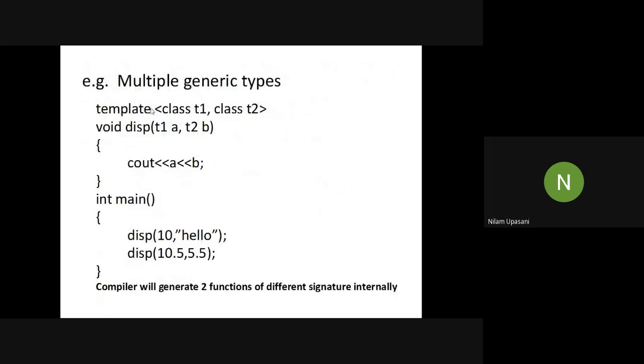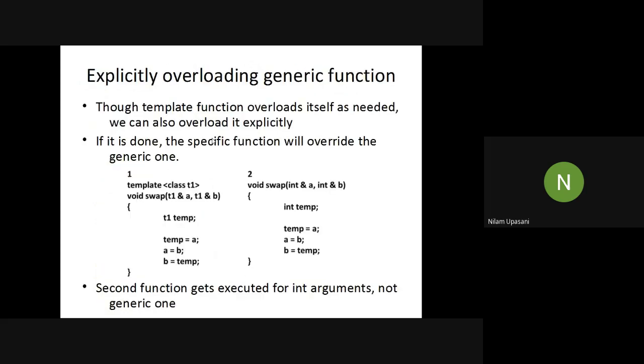So this is a case of function overloading happening implicitly, because the data type is different each time. But there are situations wherein explicit overloading of generic functions is also required. In those situations you can explicitly overload those generic functions also. Like here, an example is given. This is just to give an example. It is not an actual situation wherein it is required, but just to explain the concept,